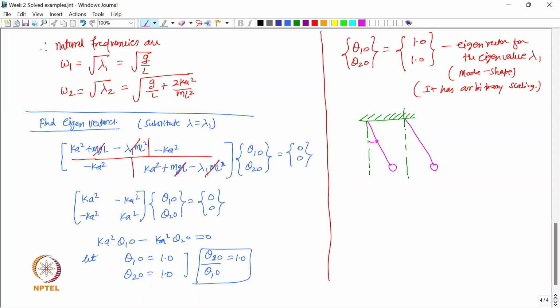So, if it is moving by angle theta, then this also moves by angle theta. So, this is the vibration of the system in mode 1, right,